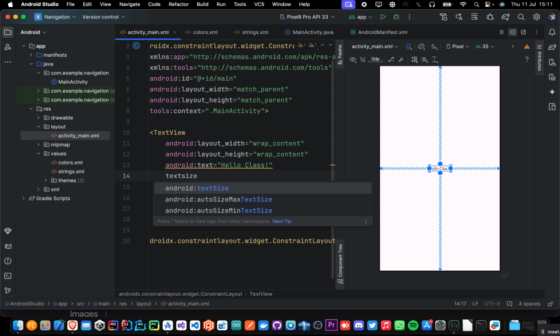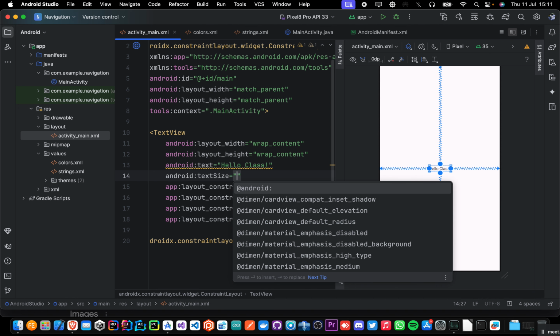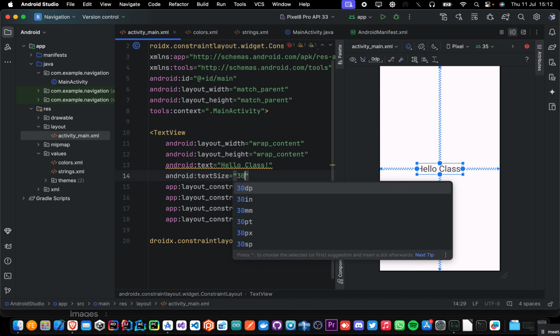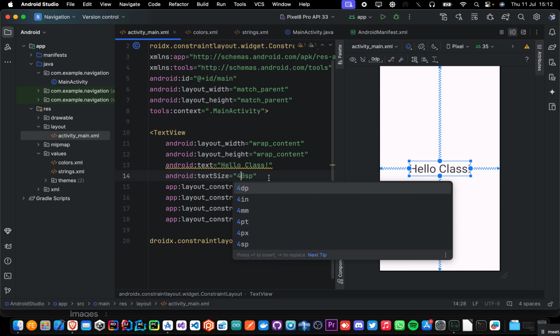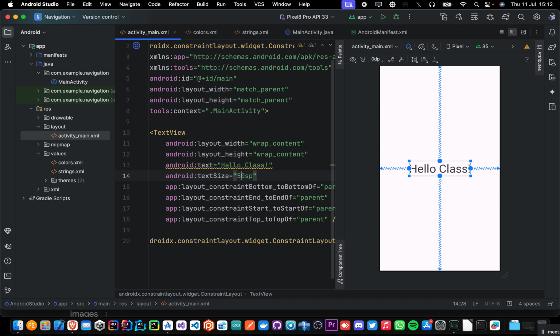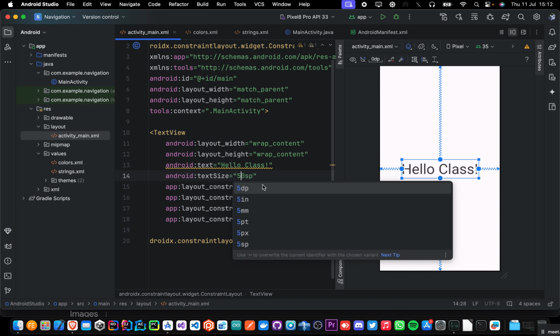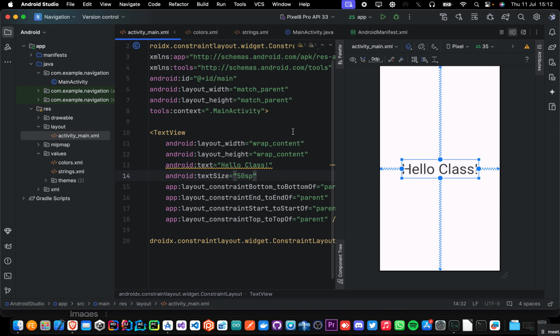produce that highlighted code, and then press enter, and it will autocomplete the code for you to change the size. And we say that the size is measured in what we call SP. If I wanted it to be bigger, it can be something like 30 SP. If I wanted it to be bigger than that, I can say 40 SP, 50 SP, something like that. So that is how you can